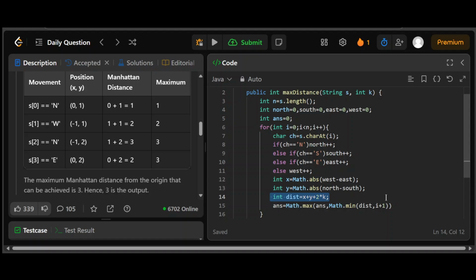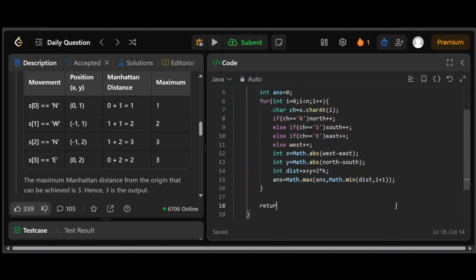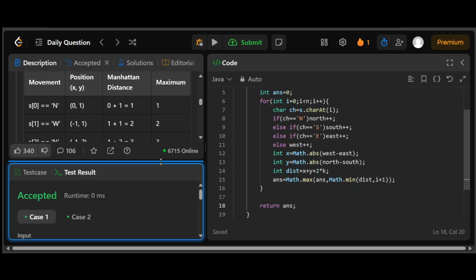So here you need to take the minimum possible value so that it doesn't exceed, right? That's the way, and you just need to return your answer, and that's all you were required to do. This is accepted, and now